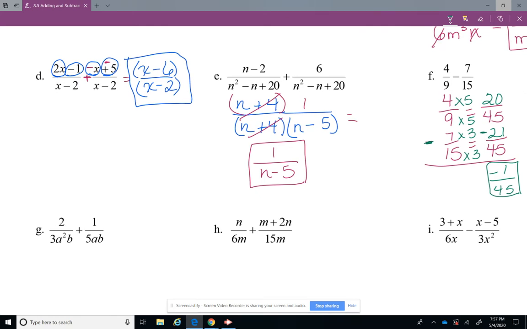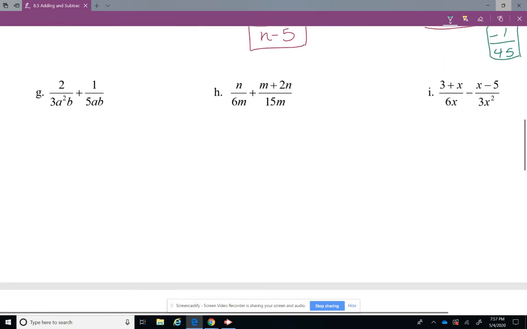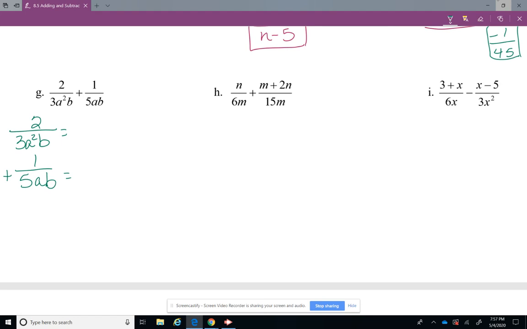All right, let's look at G. We have 3 more we're going to do for this lesson. Now we can already tell that these do not have a common denominator. So I like writing it like this vertically. 2 over 3a squared b plus 1 over 5ab. Now remember when we were doing the least common multiple up at the top of the page, we were